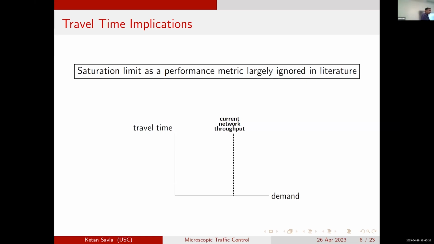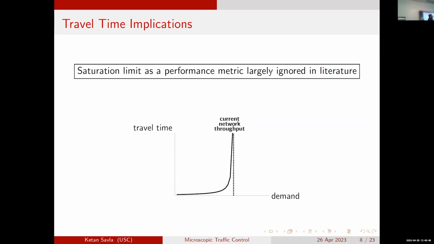So if you can maximize the capacity of your network, it has non-trivial implications on travel time. And the simple curve that helps explain this is the travel time versus demand curve. This is a very robust observation that we have. It's something I teach in my traffic engineering class. If your network has a certain capacity, which I'm showing by this vertical line here,